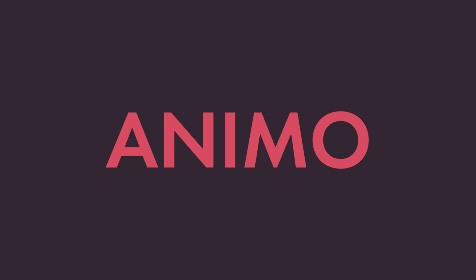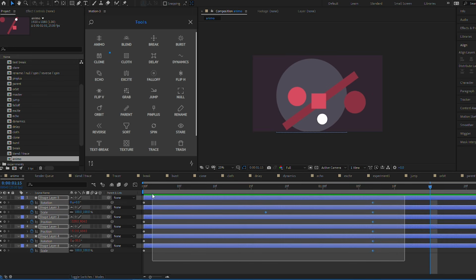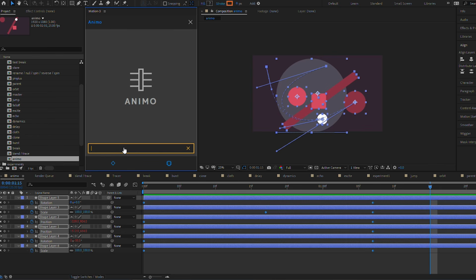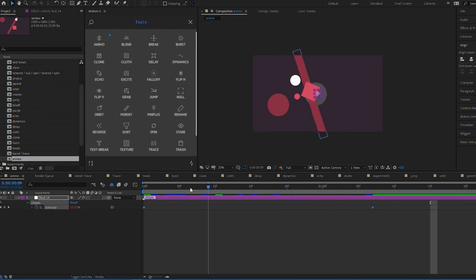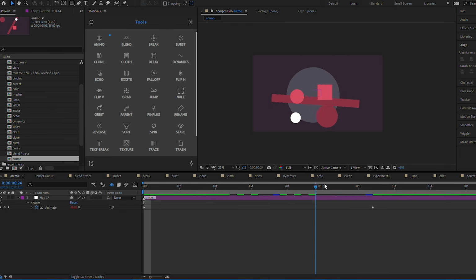Let's jump in. So the Animo feature allows you to group your animations together. For example, here we have these shapes which are moving like this. If we wanted to control that animation as one single animation, we can group it together by selecting all the keyframes that we've animated, and click Animo. Then we can call it something, let's call it shapes, and press Animo. And now we've got one null layer with two keyframes going from 0 to 100%, and that kind of controls